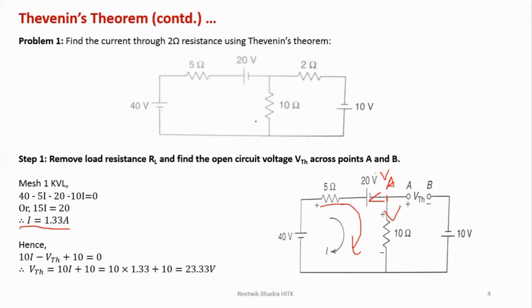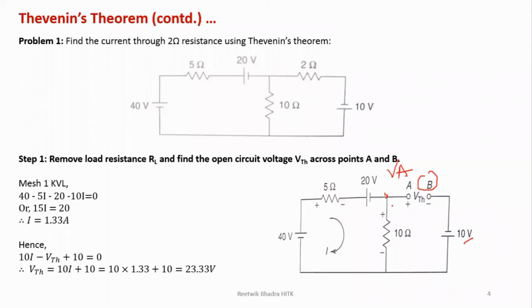See, from the first I told you, this problem can be solved by nodal, by your mesh, or by any theorems which are taught. But over here we are concentrating on Thevenin's theorem, and we are trying to minimize our steps. So if there is one loop, it is better to apply loop analysis. That's the reason why I applied it over here. Only one current will flow, so no need to calculate the voltage. If you can calculate, no problem. Then directly you will get VA, and VB you know is plus 10. So VA minus VB you'll get that. Either way you'll get the same answer.